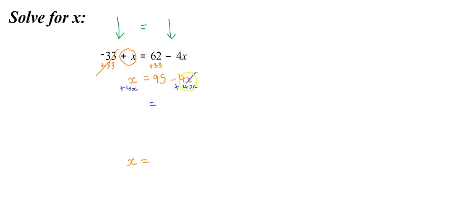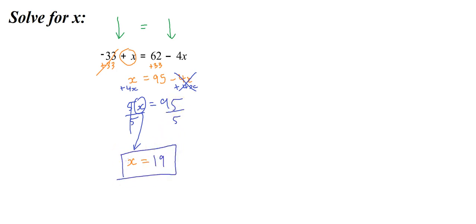And so on the next line down, that is now cancelled out. We've got 95. And on this side, x plus 4x equals 5x. We've got 5 times x equals 95, so we do the opposite of timesing by 5 by dividing by 5. And again, we do it to both sides. And now, what we have left is x, and on this side, we have 95 divided by 5, which is